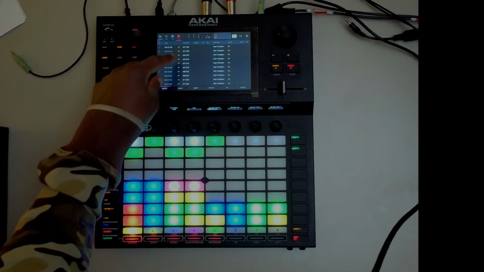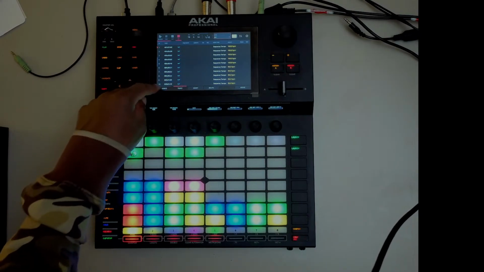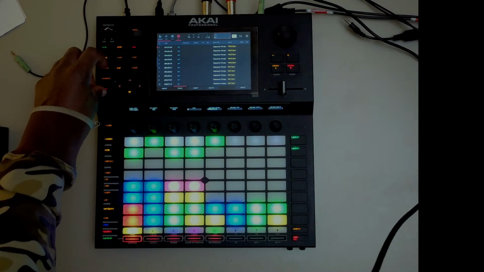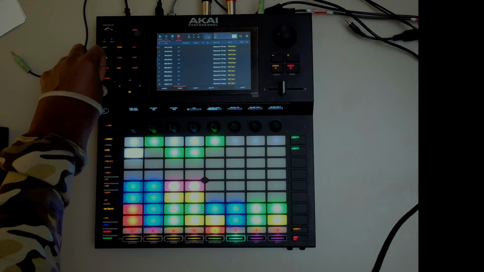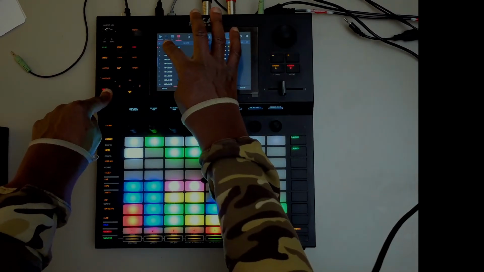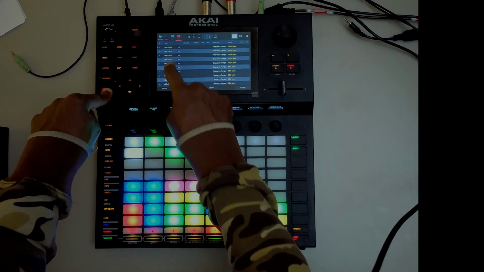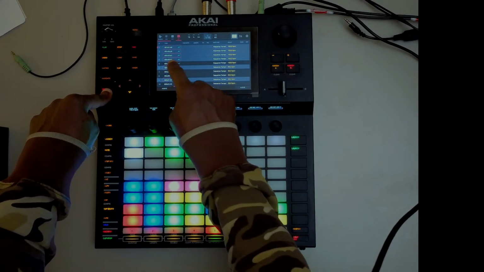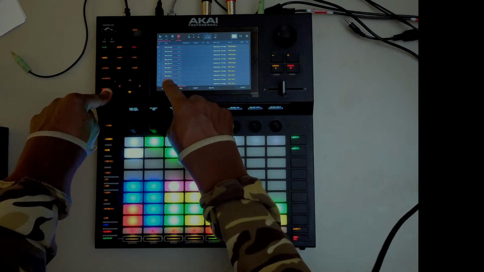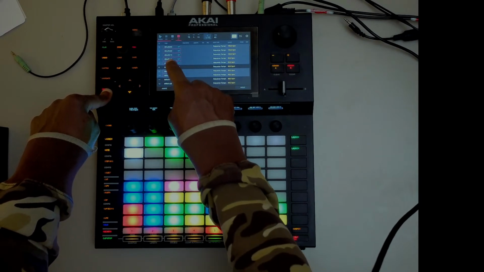So now, if I wanted to, I could go to tempo. I could select all of these by tapping the top one, select whatever it was I wanted.